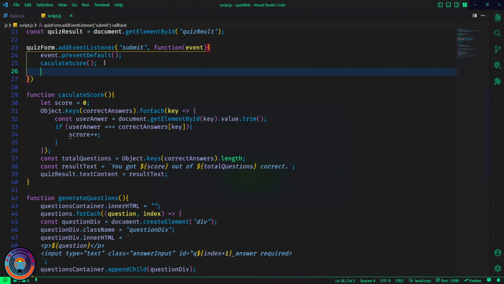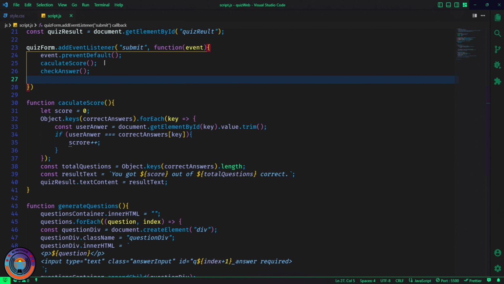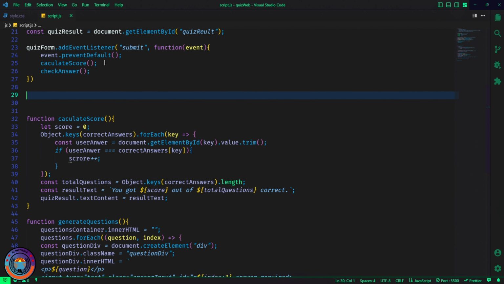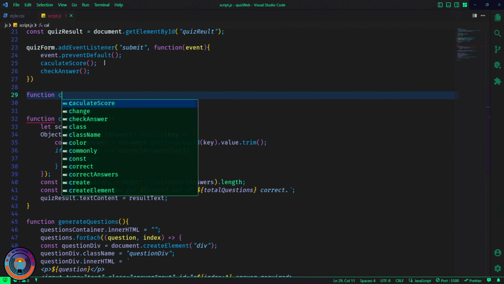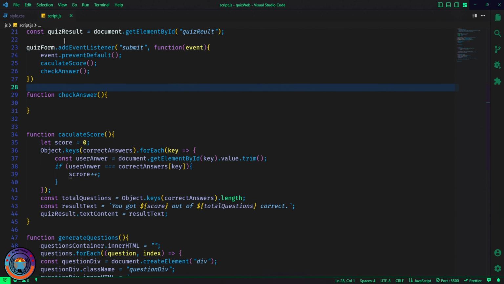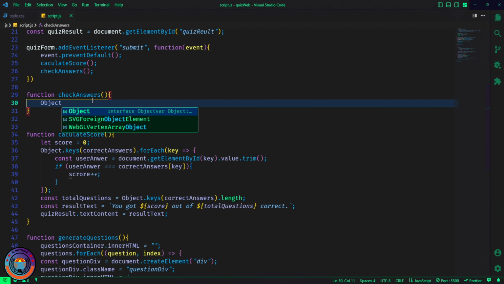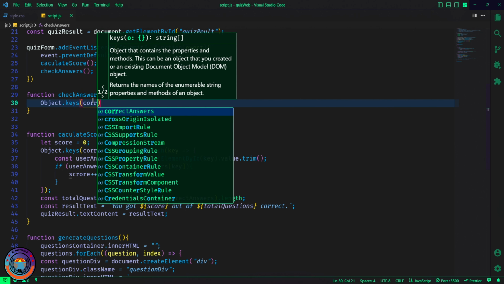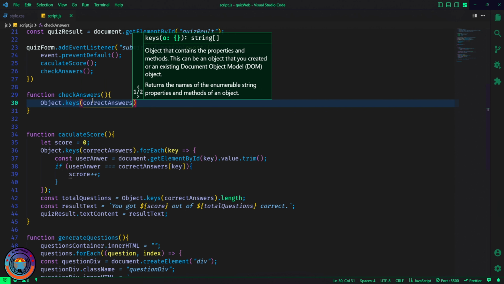We are going to add another function called check answer. If the answer isn't checked, then it wouldn't be able to calculate the score. So we are going to add this function here, function check answer. Inside this function we are going to get the keys from the correct answers, Object.keys from the correct answers, and then for each key,